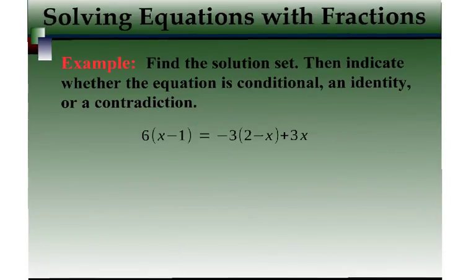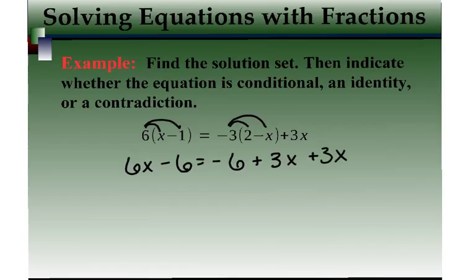Alright, so again, find the solution set and tell whether it's conditional, identity, or contradiction. Alright, so distributive property. Both sides of the equation. So we get 6x minus 6 equals, and then a negative 6 plus a 3x, and plus 3x. Okay, let's combine like terms on that right side of the equation. There's nothing to combine on this left side. So we end up with, well, that gives us 6x